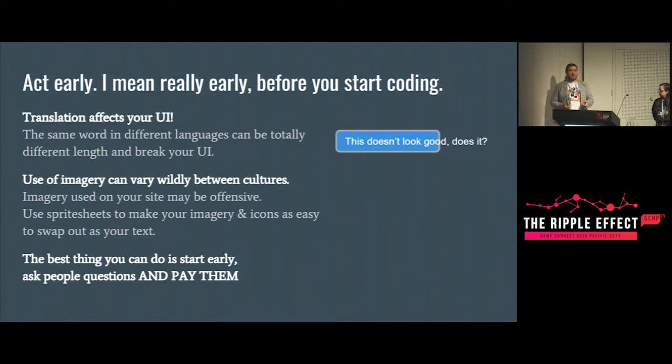If you use things like sprite sheets in your game, try and have all of your images be swappable, because sometimes you can have imagery that is offensive to cultures. This is not just localizing Japanese things to Western markets and vice versa. This can also just be a company my partner works for switched their company wallpaper to a thing with a couple of children, and it showed their feet, and that was offensive to several people in the office, and that was a really big screw up.